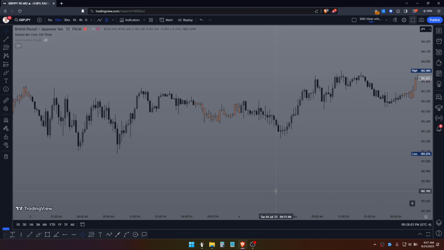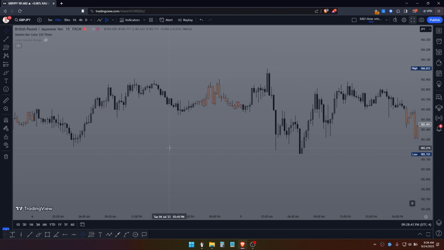This is the 15-minute chart. British pound, Japanese yen, and I'll just pause it for a second, then I'll go to the next clip. So here's the next example, just the next day. The area in red starts at 7 p.m. New York time, ends midnight,